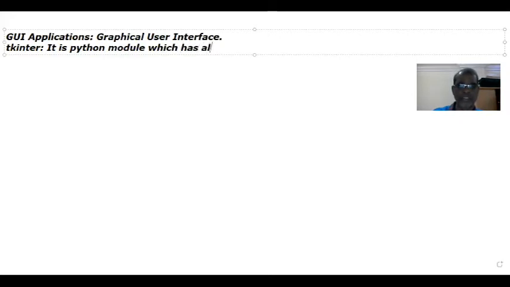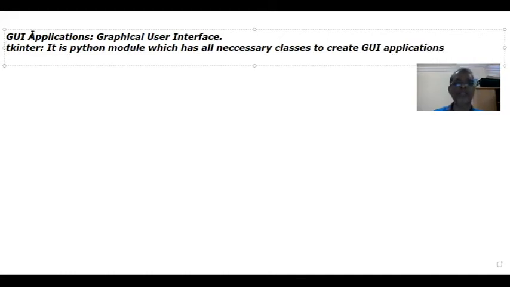It has all necessary classes to create GUI applications. So tkinter is a Python module which has all necessary classes to create GUI applications.